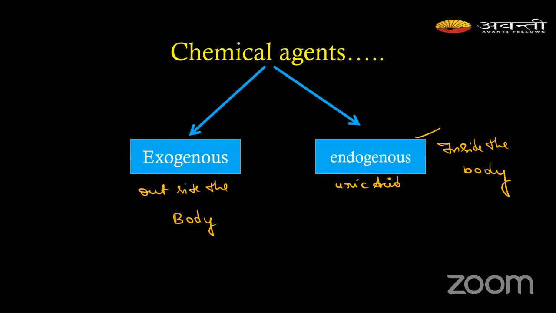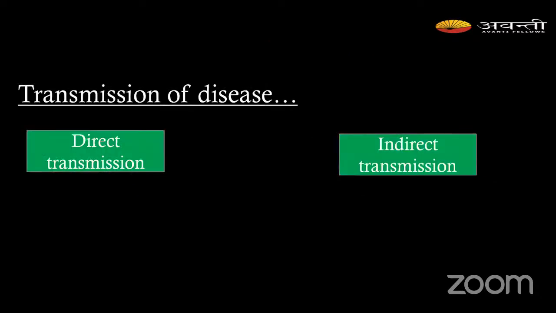Endogenous agent. Then coming to the transmission of the disease, as I have told you, from cough or sneezing or droplet infection, you are going to get diseases. That we call direct transmission. The indirect transmission is from fomites. If a person is holding a pen, or touching anything, and we touch that again, we are going to get the disease. Or from vectors, you get indirect transmission, right? A malarial vector, you can take the female Anopheles mosquito. Some houseflies also give you diseases, right?